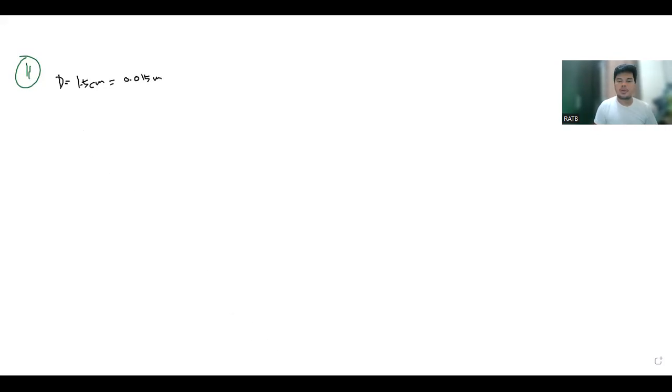Another given from the problem is that the speed is 1,800 RPM. And then the allowable stress is 50